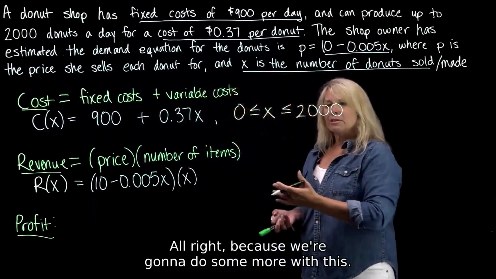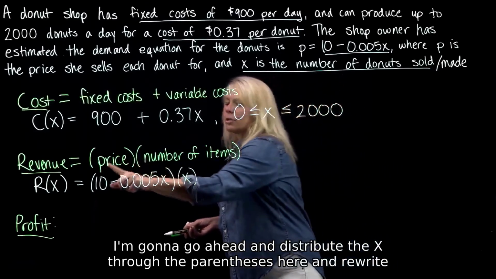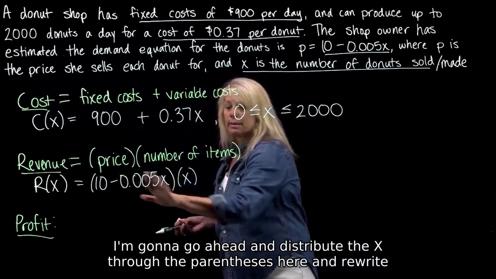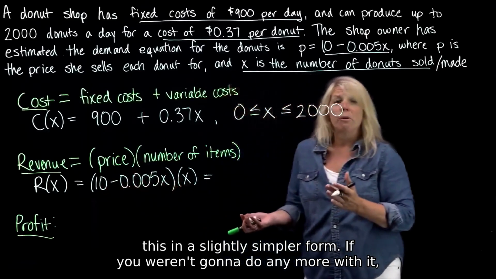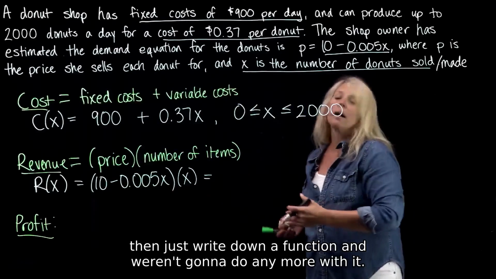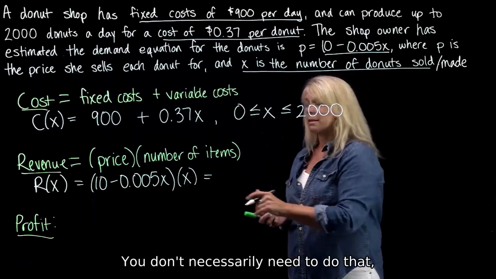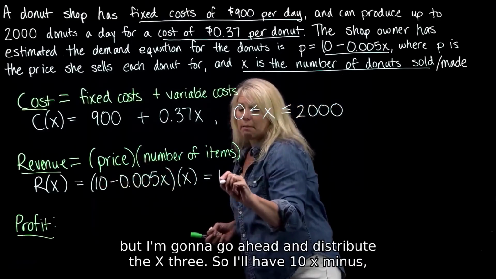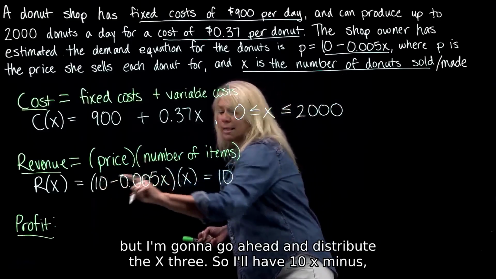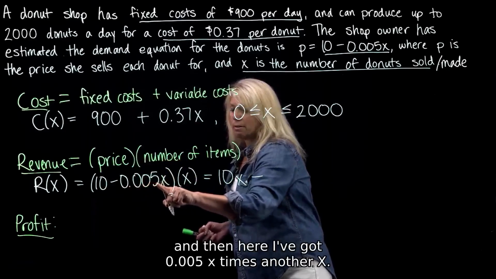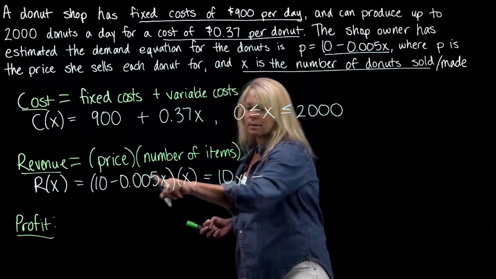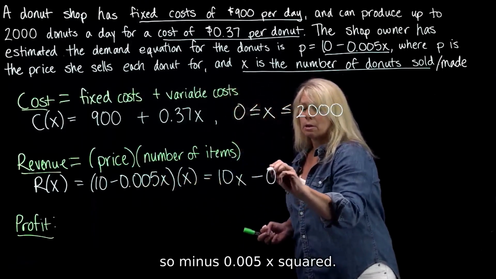All right, because we're going to do some more with this, I'm going to go ahead and distribute the X through the parentheses here and rewrite this in a slightly simpler form. If you weren't going to do any more with it, then just write down a function. You don't necessarily need to do that. But I'm going to go ahead and distribute the X through. So I'll have 10x minus, and then here I've got 0.005x times another x. So that'll be x squared. So minus